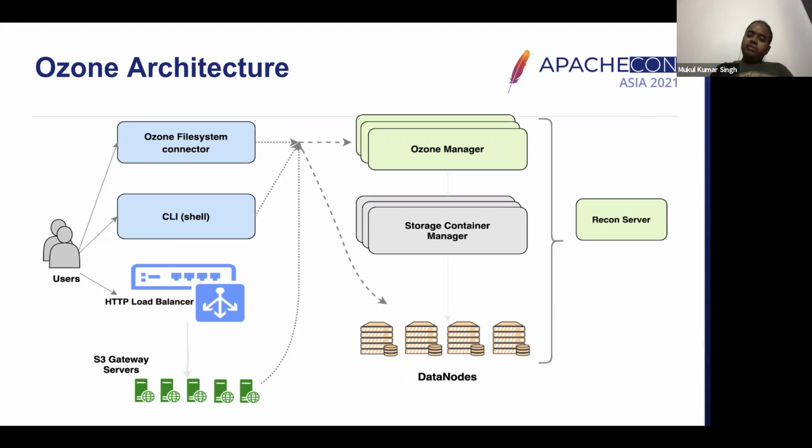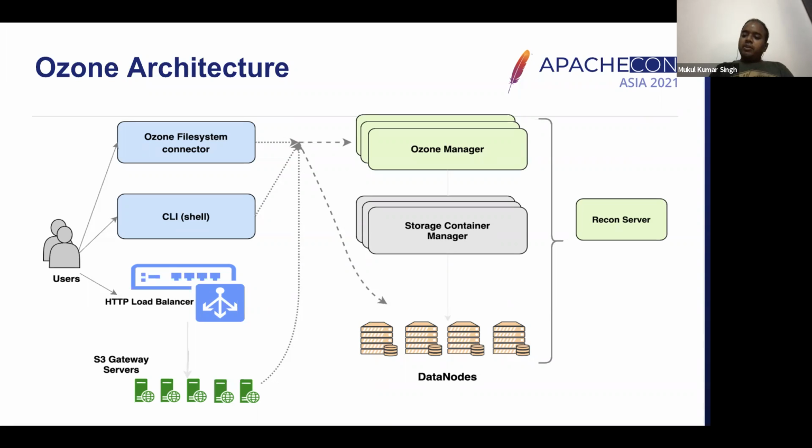In HDFS, both of these were monolithic and were inside one single name node. We have tried to break that monolithic architecture and make these two separate processes, so that each one of them can be scaled irrespective of each other. And the data nodes, even though Ozone data nodes are different from HDFS data nodes, are in theory very similar to how HDFS data nodes behave. But obviously, we are writing the data a little differently here.